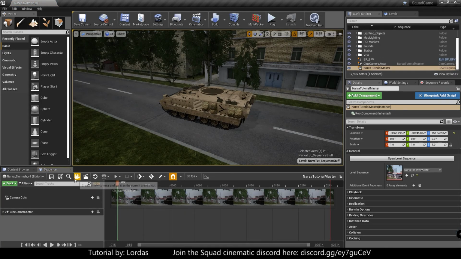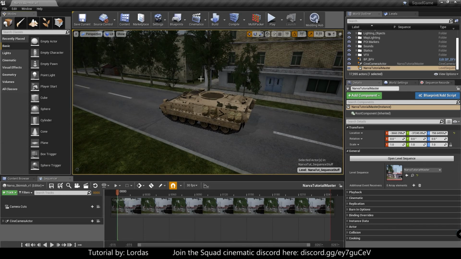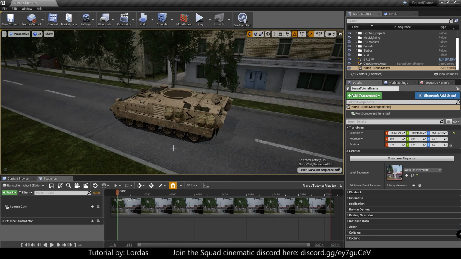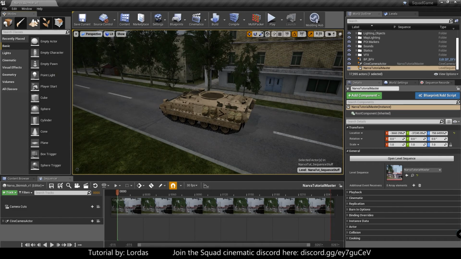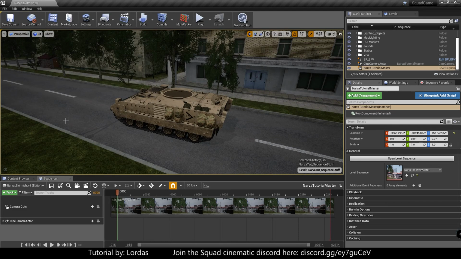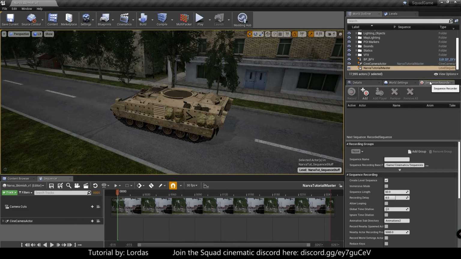At the moment it's empty. I did a little bit of a cleanup. Apologies. First of all, I'm going to disable the modes window up here. I want a bigger window to see what I'm doing. If I want it back, I can always go to Window, Editor Modes, and Modes panel. It comes back. So I'm going to remove that, and then we proceed to sequence recorder settings, typical stuff, sequence